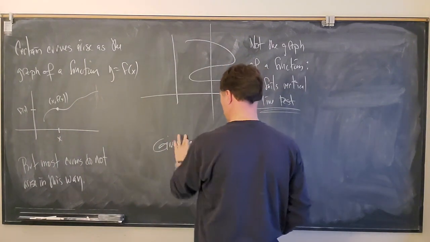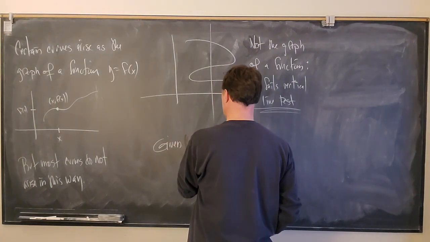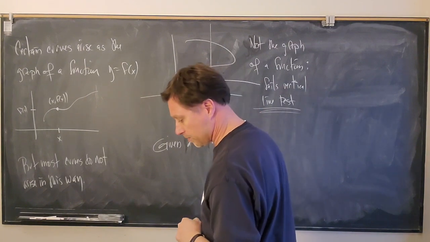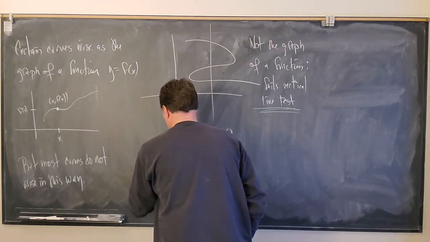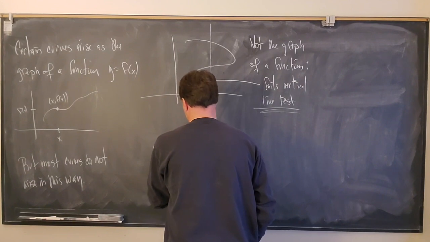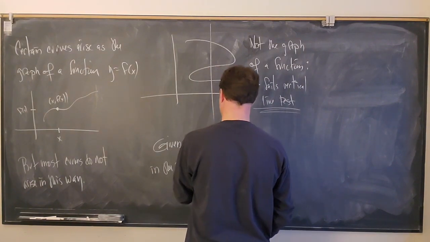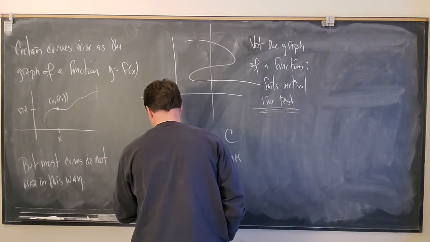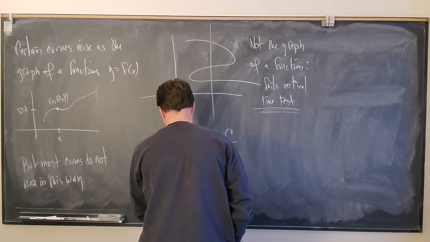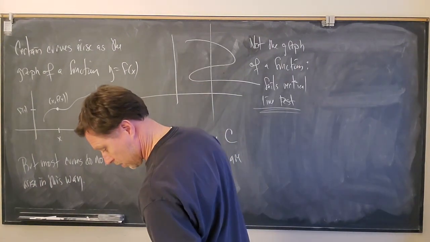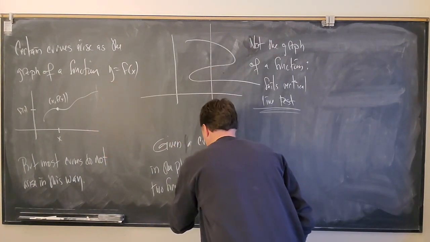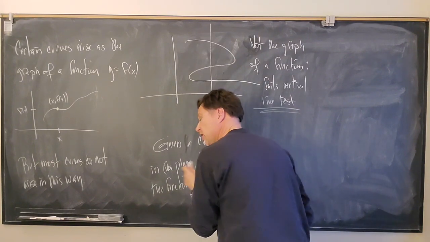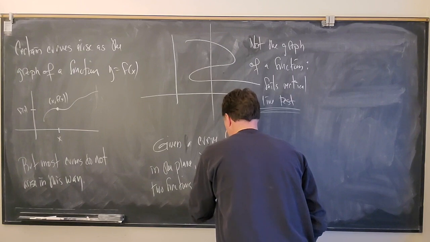So given a curve, say capital C, in the plane, if there are two functions, and let's call them f and g. So let's say f of x. No, actually, sorry. I need to say f of t. I need to use a different variable now. f of t and g of t,